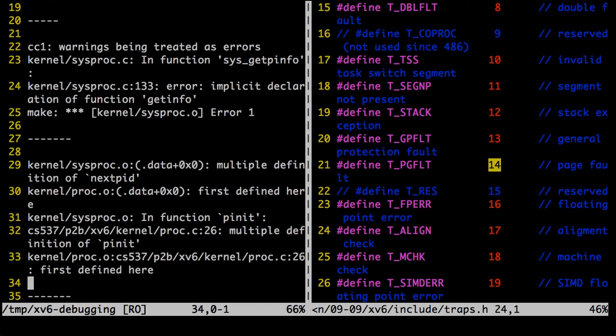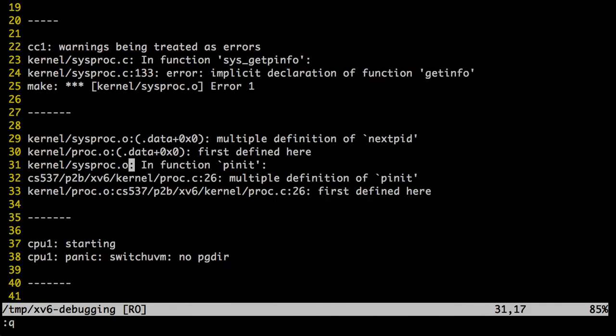Another error that we saw, hopefully this should also be easier than the trap thing, is you're getting an error which says implicit declaration of function get pinfo, for example. What this basically means is that you have a function and you haven't actually told the compiler where to find that function yet. You're using that function, but it doesn't know where it's declared, in what header files it's declared, or in what file the function is actually existing.